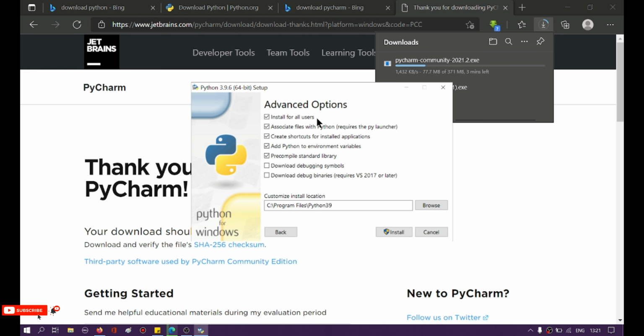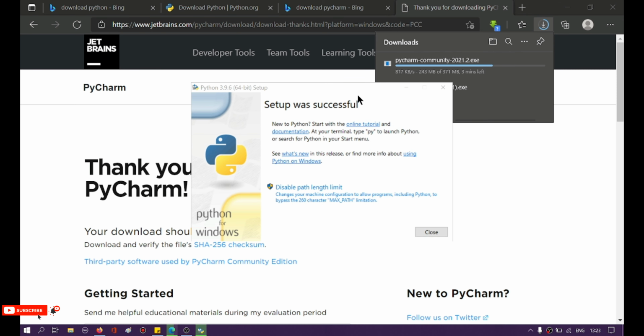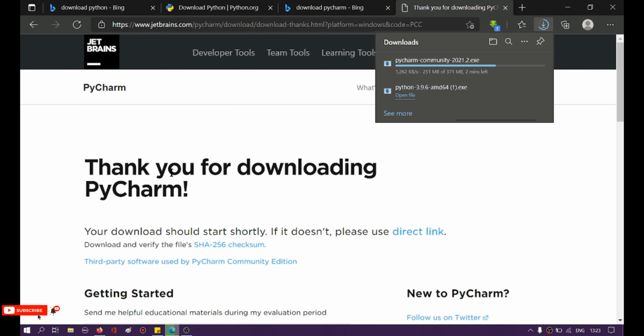Install for all users like here and make sure it is installed in your C drive and in Program Files like this, and hit the install button. So Python installation setup is successful and we will close and we will check the version of the Python installed.